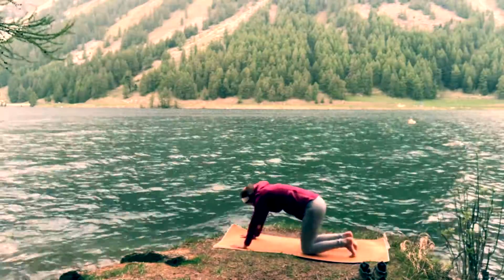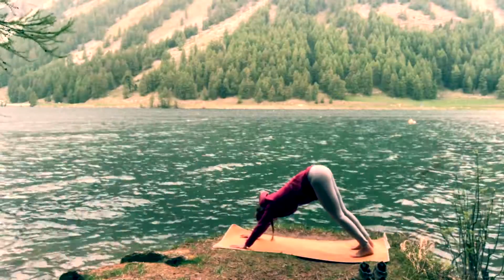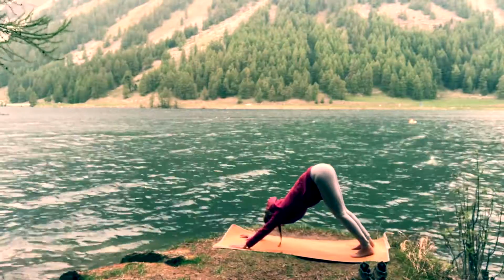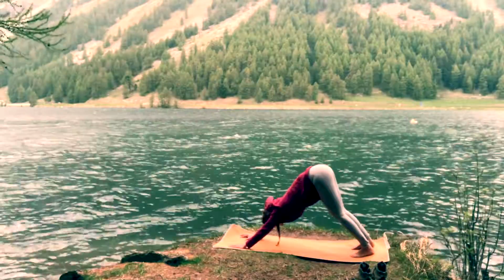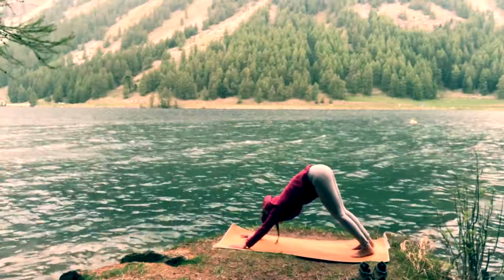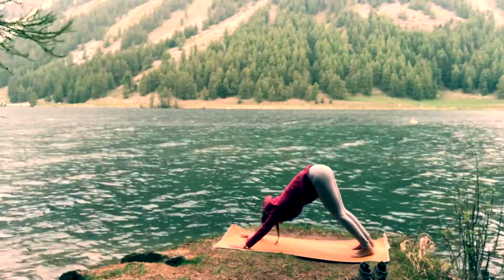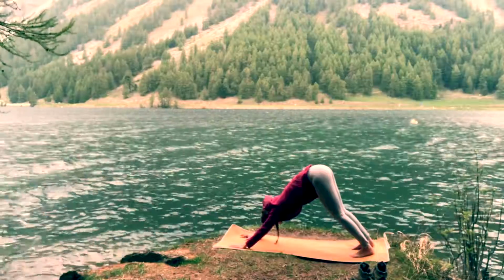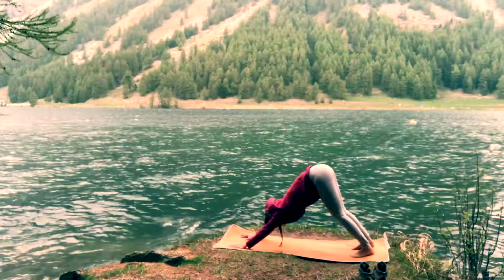On your next inhalation, bend your knees deep and then walk out the legs a little. Adho Mukha Svanasana, downward dog. Look up at your fingers and make sure that your fingers are spread maximum distance apart, your middle finger pointing straight forward. Now broaden across the shoulder blades and relax your shoulders away from your ears as you lengthen the